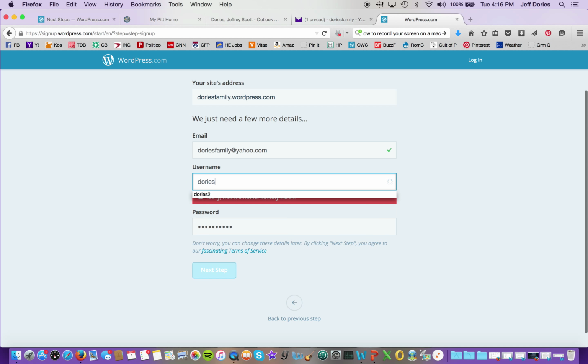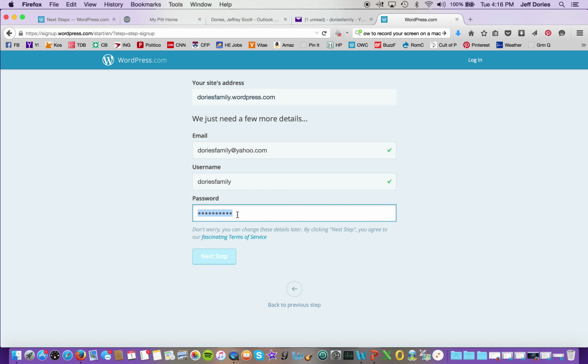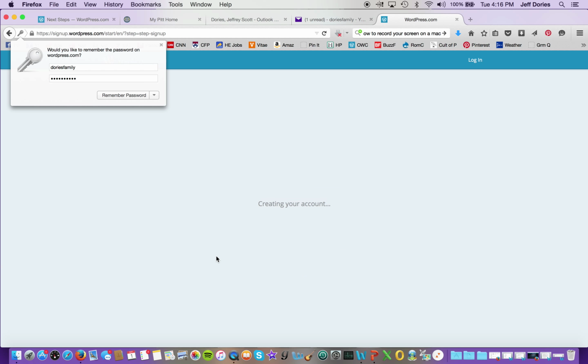I think this is mainly for logging in. So create a basic username and password. Just like the website, if it's already taken or not a strong enough password, a red mark will come up and ask you to try something different. At this point, hit Next Step,